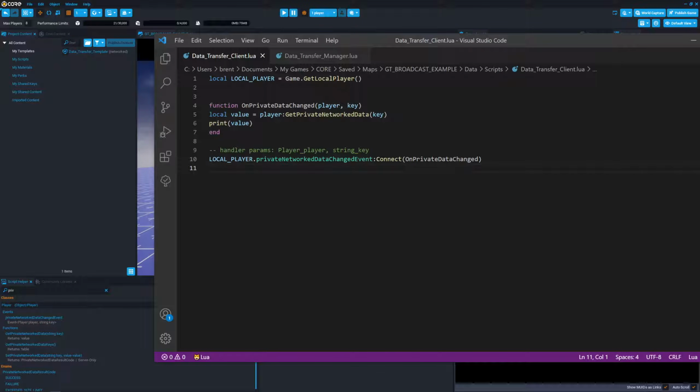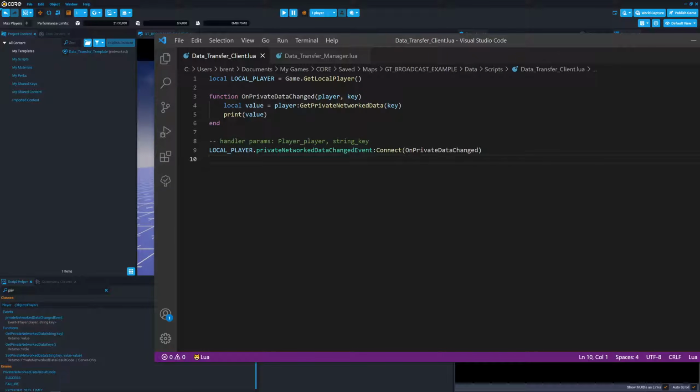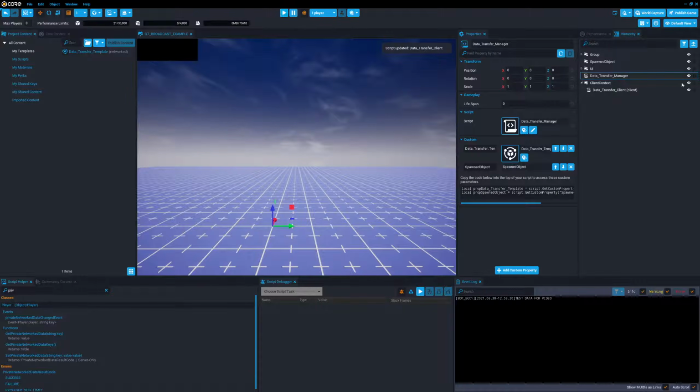One thing we probably want to do, because there is a chance that this actual networked data change event doesn't connect in time to grab that change, is let's go ahead and see if it works first. So just as a recap,